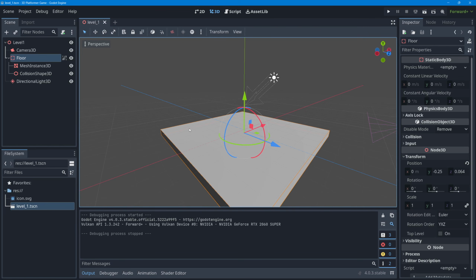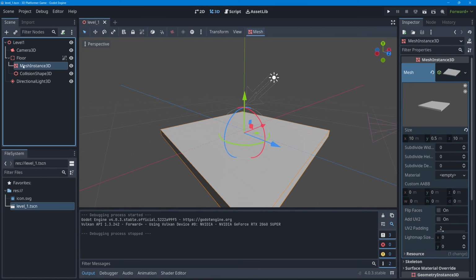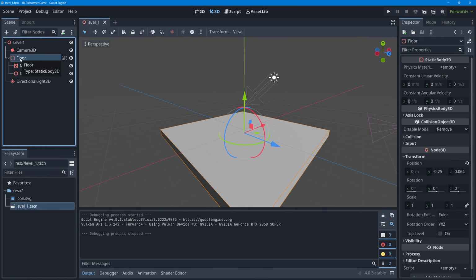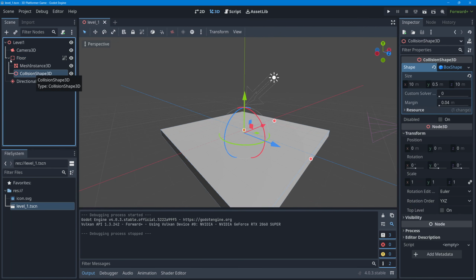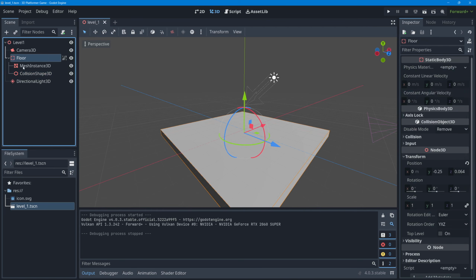Your static body, though, doesn't know what it looks like. So another node that makes up your object should be how that type of object looks. In this case, a mesh instance of a stretched out cube. Lastly, the physics object, in this case the static body 3D, needs to know its collision bounds, and for that we added a collision shape 3D, so we have a nice little set of 3 nodes, 1 parent, 2 children